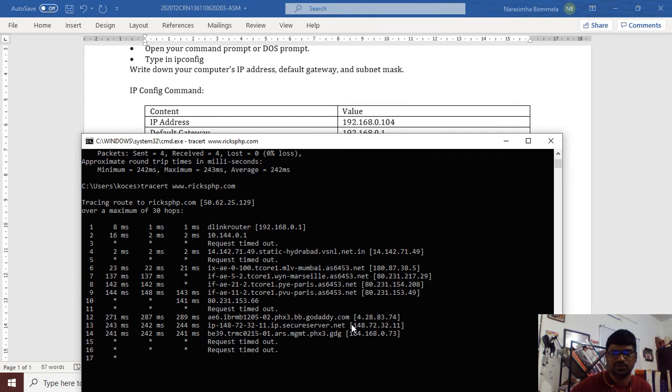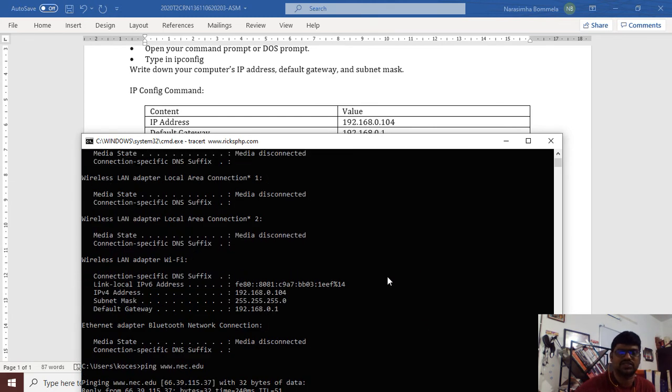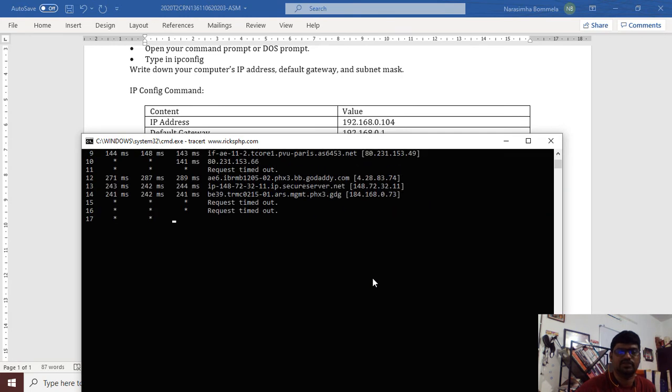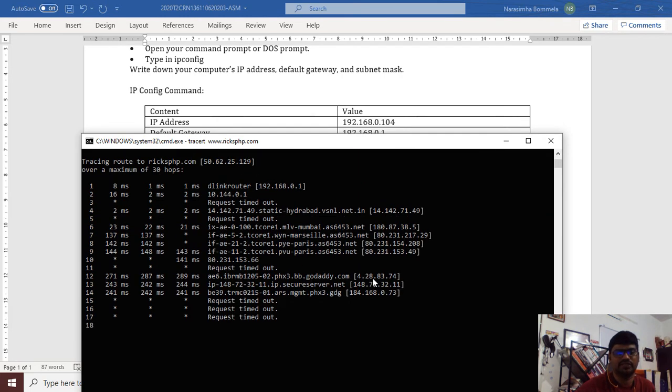I just need you to do these two things: ipconfig and ping. Ping is used to test the route, and tracert is used to trace the route between two IP addresses, the system using the tracert command and the target website.